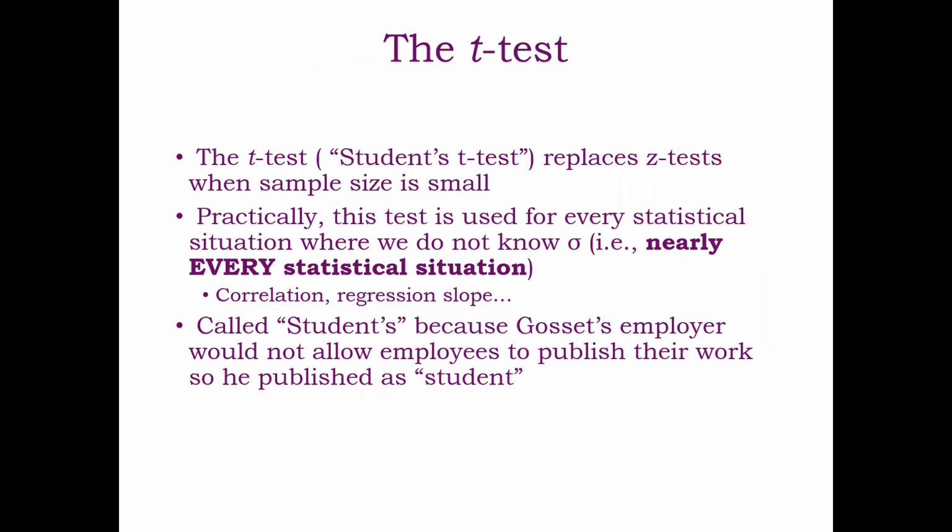Now, when I did statistics, I did math statistics, and the rule was if the sample size was smaller than 30, you use the t-test. But we use the t-test for everything. This is because not everything meets the assumption. Most data is not normally distributed and so forth. We use t-tests for correlation. For example, the test of the correlation coefficient, which I talked a little bit about last week, is a t-test. The slope of the regression analyses is a t-test. Almost everything. We're going to learn more advanced procedures, and really it's a whole bunch of t-tests, right? Why student's? Because Gossett's employer didn't want his employees to publish their work,